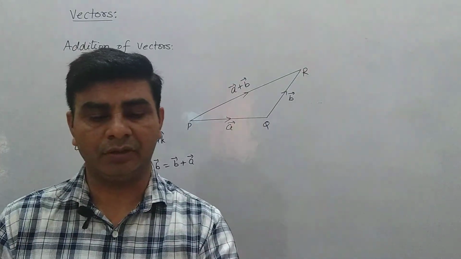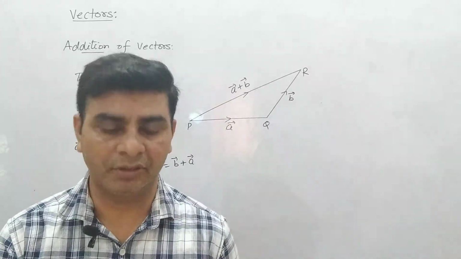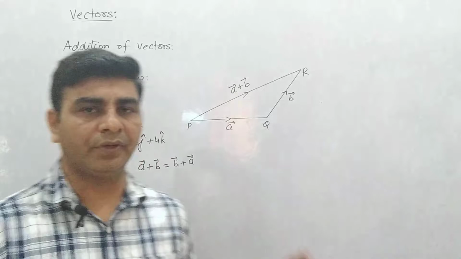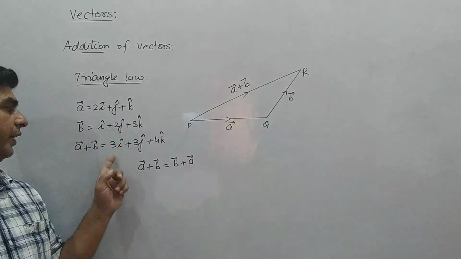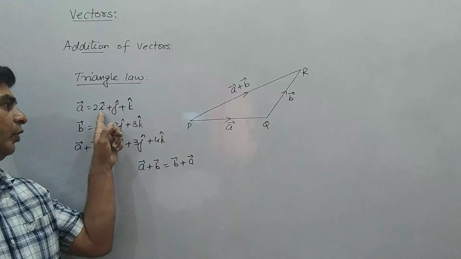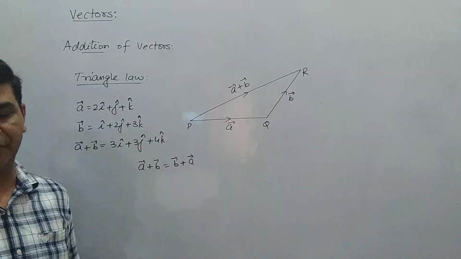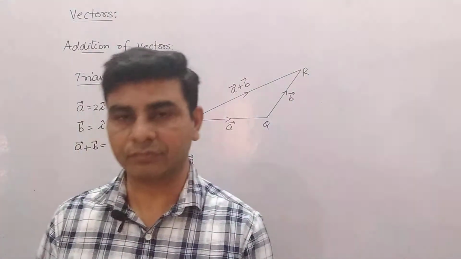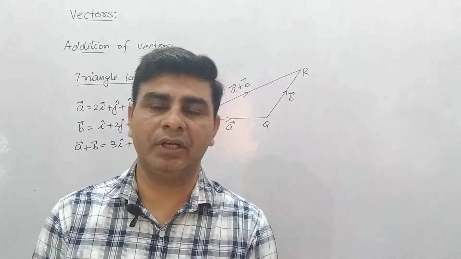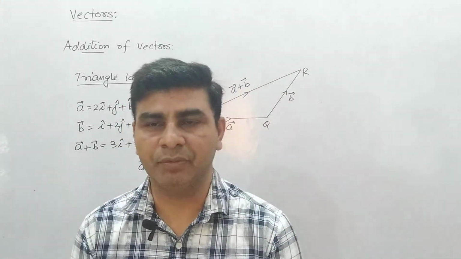Now next, we want to find the difference of two vectors. This is to be done in the same manner. As two vectors are there, they can be subtracted from one another by subtracting the i cap coefficient from the i cap, j cap from the j cap, and k cap from the k cap. This is known as the subtraction of two vectors. So this was the basic idea about vectors for your exercise number 1.